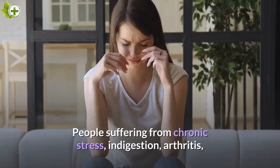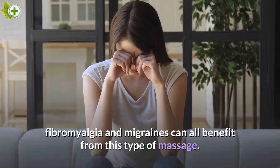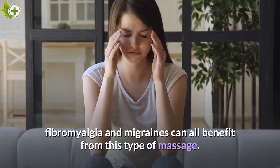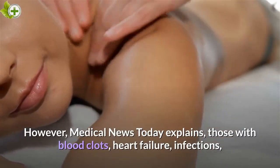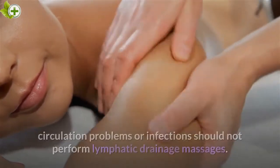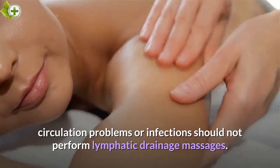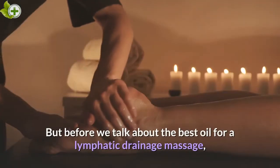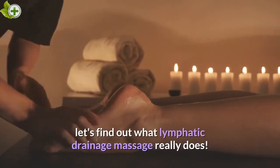People suffering from chronic stress, indigestion, arthritis, fibromyalgia and migraines can all benefit from this type of massage. However, Medical News Today explains, those with blood clots, heart failure, infections, or circulation problems should not perform lymphatic drainage massages. But before we talk about the best oil for a lymphatic drainage massage, let's find out what lymphatic